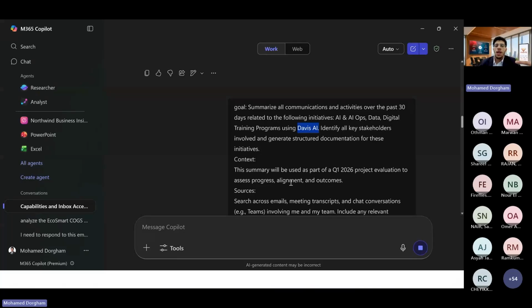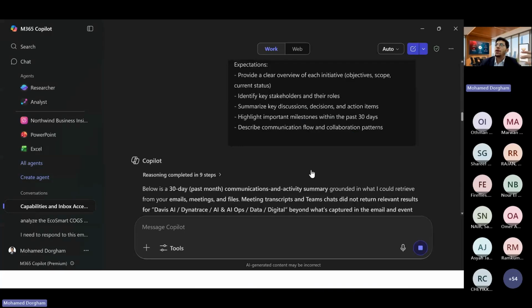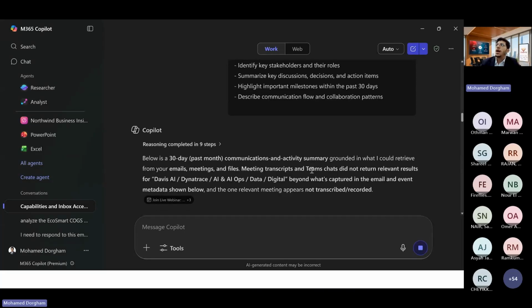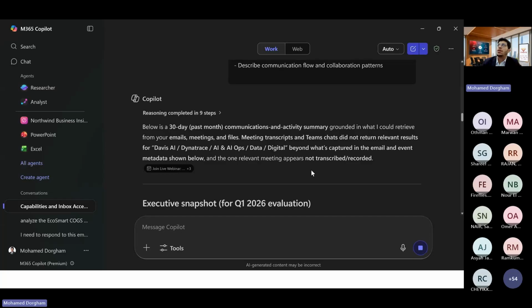Now, how this can be really helpful: sometimes we might go on a 1 or 2 week vacation, and we come back, we might forget the details or the hidden details of a project communication. So instead of going through another 2 hour meeting with my team, telling them, okay, please summarize what happened the last 3 months, or maybe the last 2 weeks, I can ask it to give me a quick summary, and here we go.